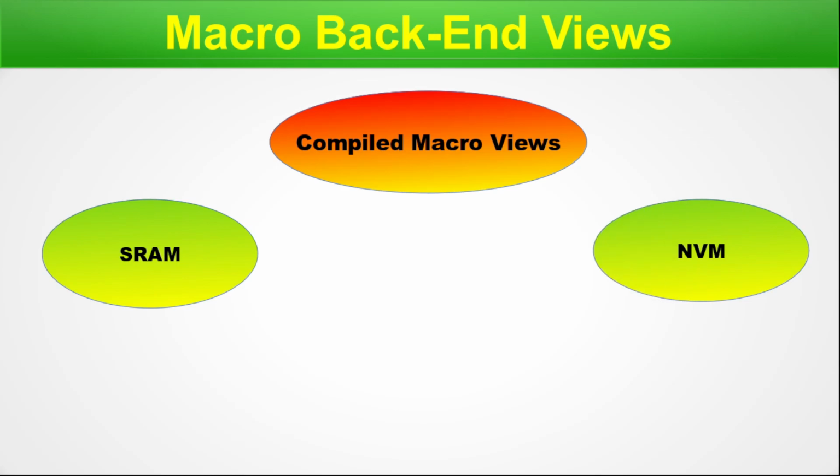Here we talk about the macro backend views. More generically, these are called the compiled macro views. Compiled means there are compilers which can compile things and give you a view. What type of cells generally have compilation views? The SRAM, the non-volatile memory, DRAM. This kind of memory, that is semiconductor memories, may have a compiled macro view, or you may get some other sort of view for this kind of cells. We are done with this particular slide, so let's move on.